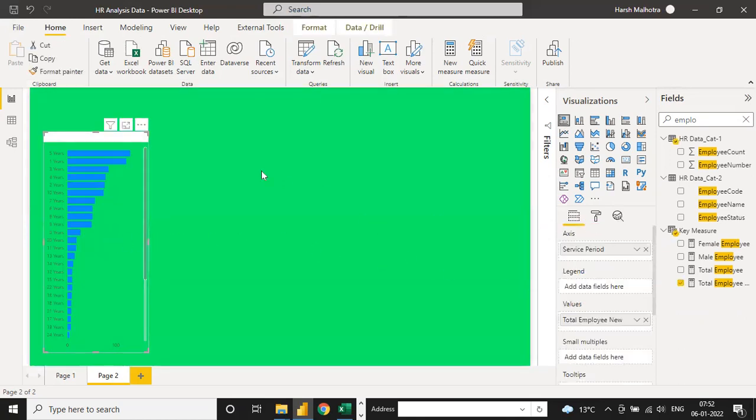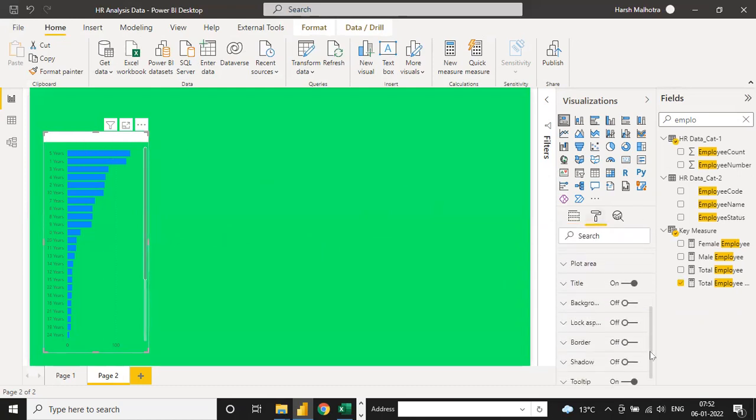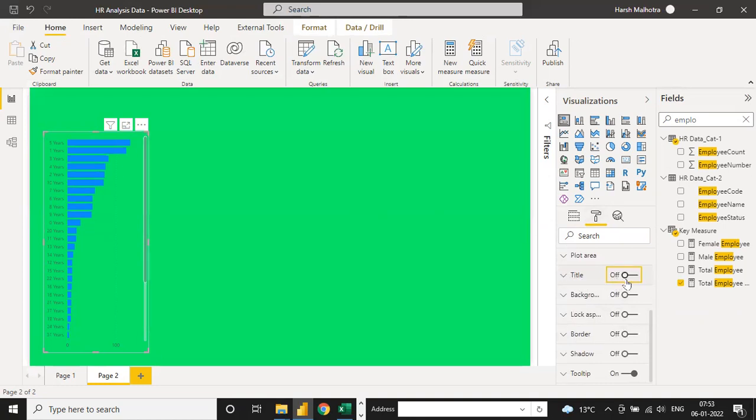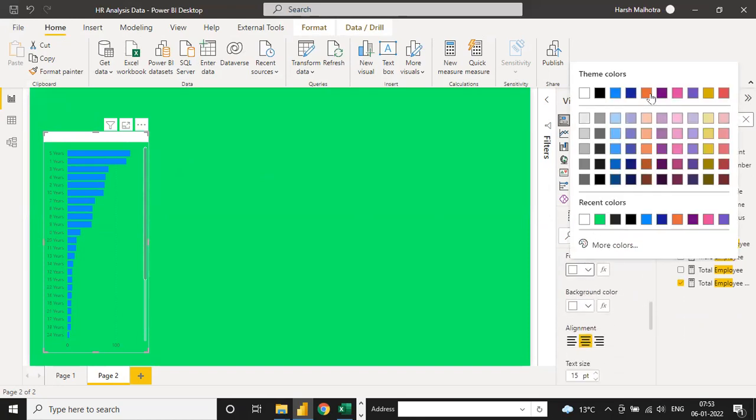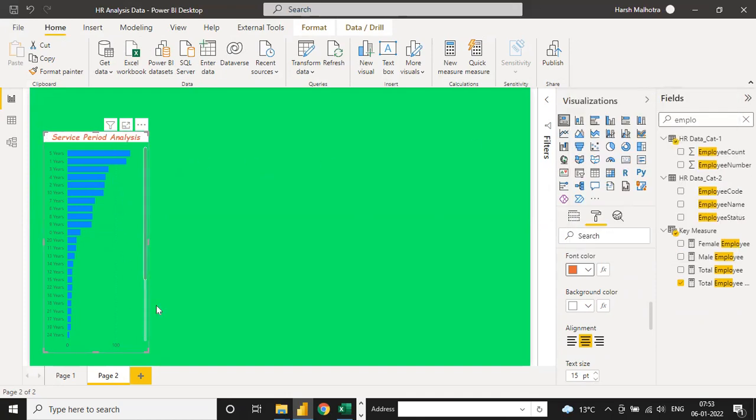And now if you go to this data, click on this title, go to this, and you can see font color will be anywhere like this one, and background color a little down, text size is 40.